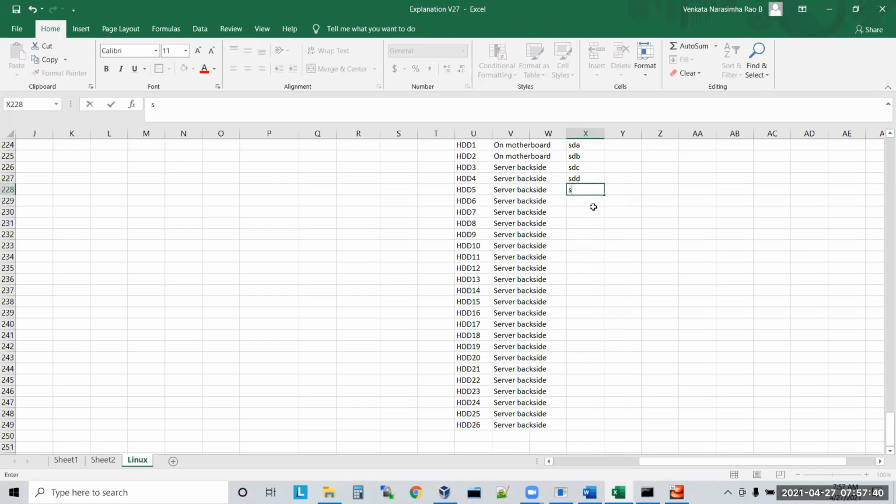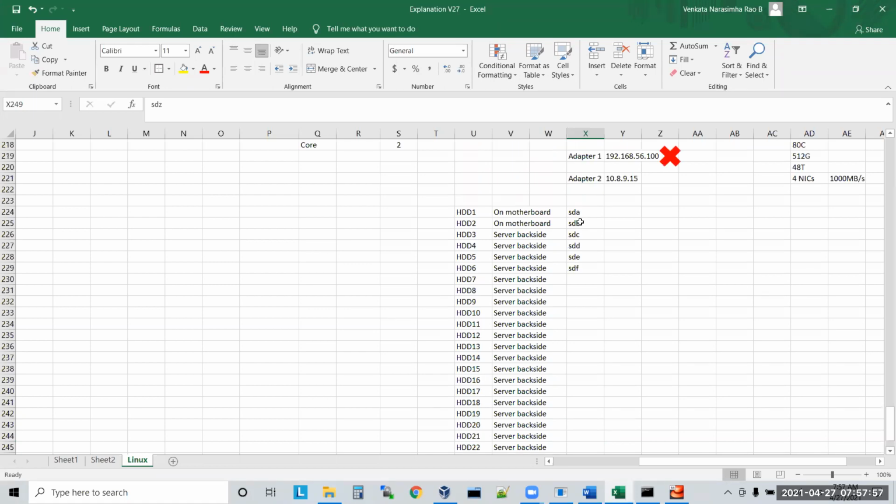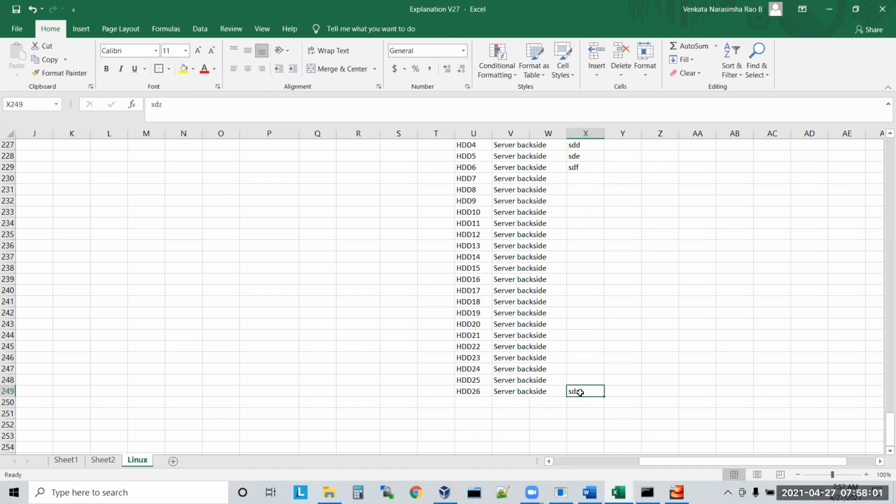So SDE, SDF, like this, SDJ. You understood why only 26? After that, again, it will go like SDAA, double A. Yes. But as per the standards, many of the servers are following a standard of 26 hard disks.